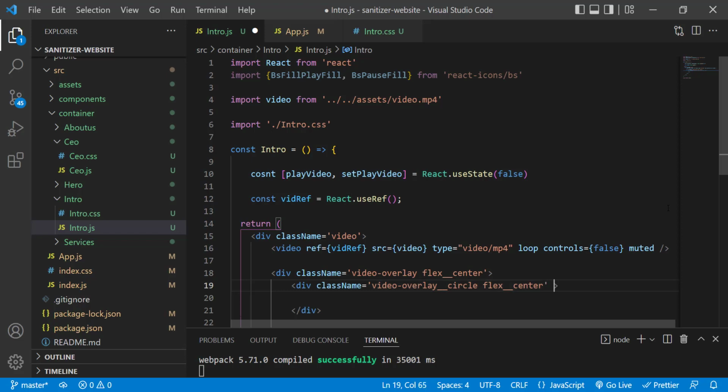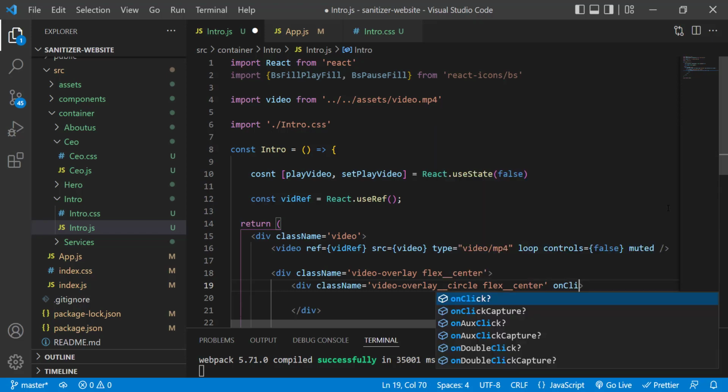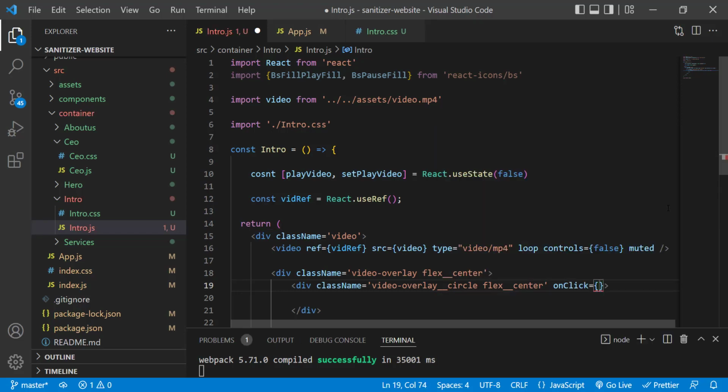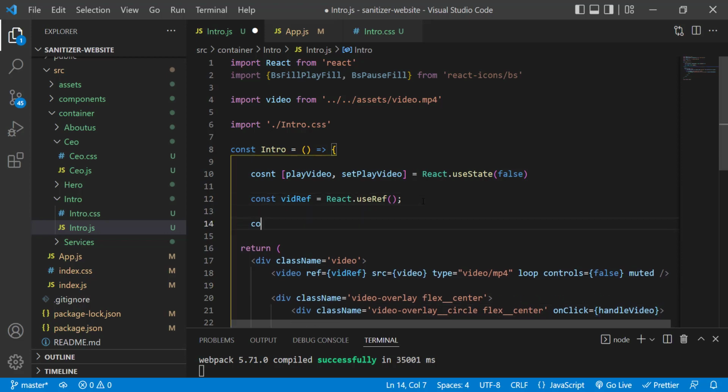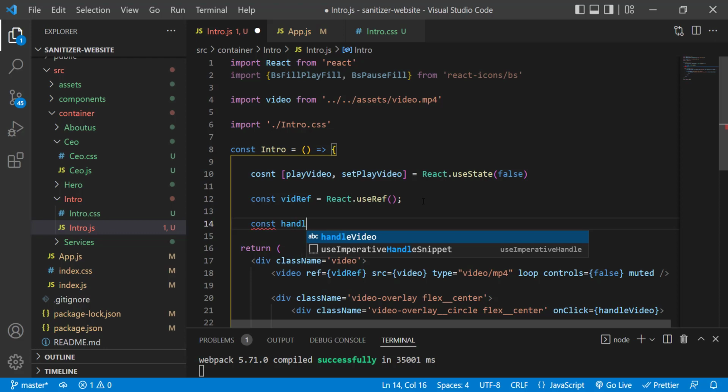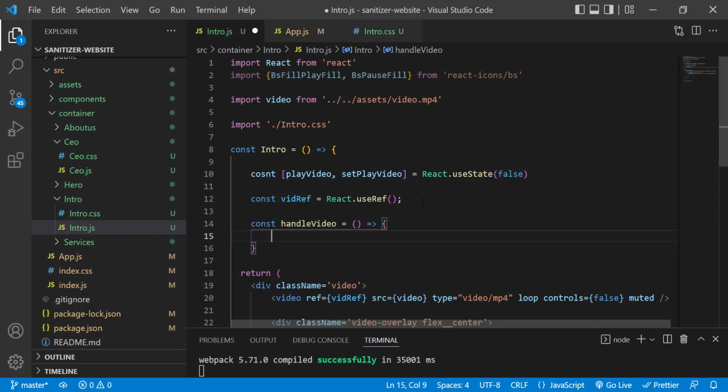So right here we can say onClick, and we can call handleVideo. Let's declare that function right here. So let's say const handleVideo equal to arrow function, and there we can simply say setPlayVideo, and